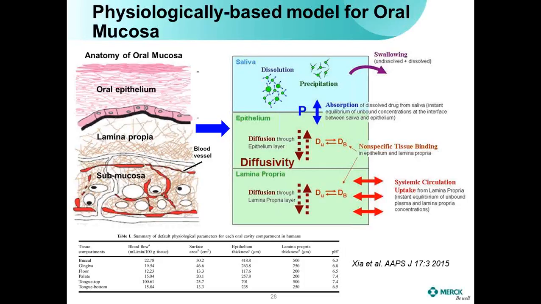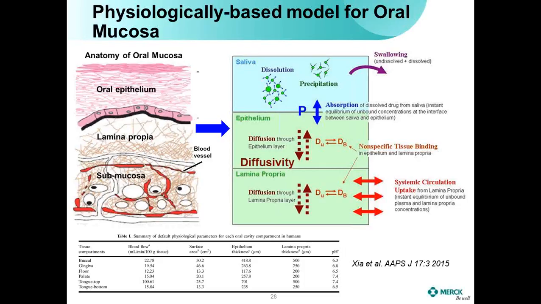In this case, you will see that the drug will also diffuse back from the epithelium layer to the oral cavity in the saliva. So basically, what I'm trying to say is the accumulated absorption in the oral cavity model will not always increase. Sometimes it will decrease because of back diffusion. And the drug molecules within the epithelium cells will further diffuse deep into tissues. That is controlled by another parameter called diffusivity, which represents the diffusion rate to deep tissues.